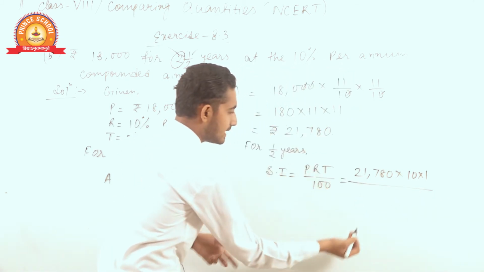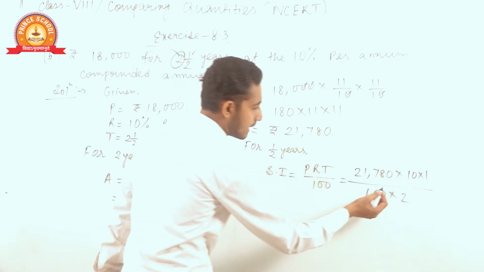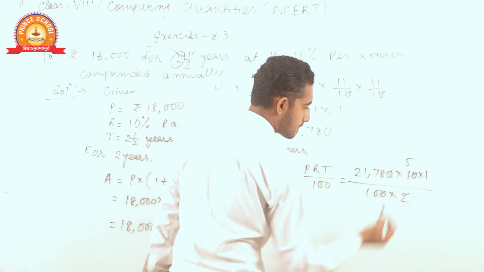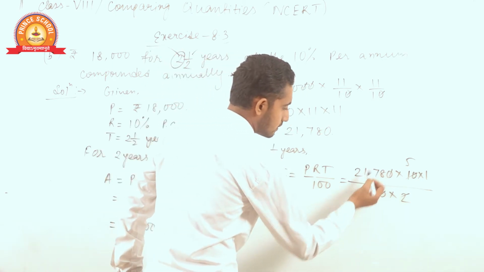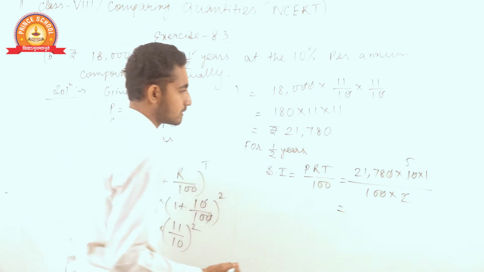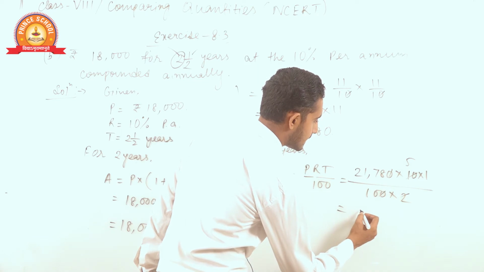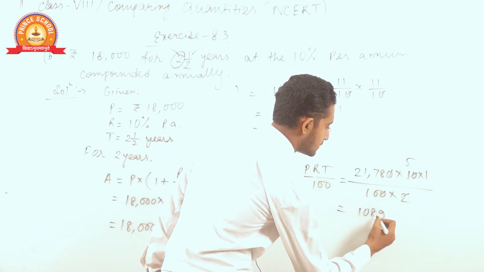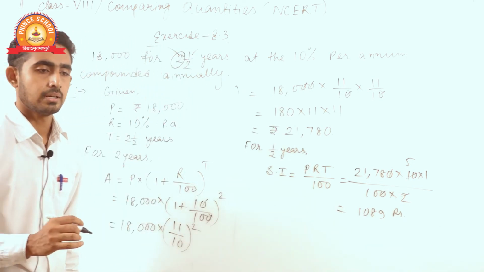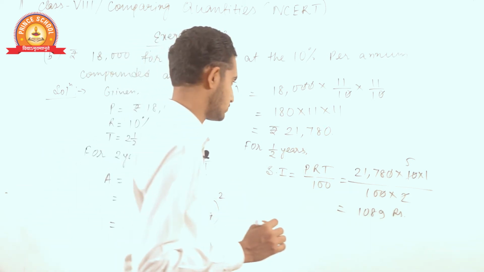For 1 upon 2, I am writing 2 below here, do not get confused. Now 0 0 cancel out. Okay. 2 5 is 10. Okay. Now if you calculate, then your answer will come how many? 1089 rupees. That means, but in your question you have to find out CI also and SI also.